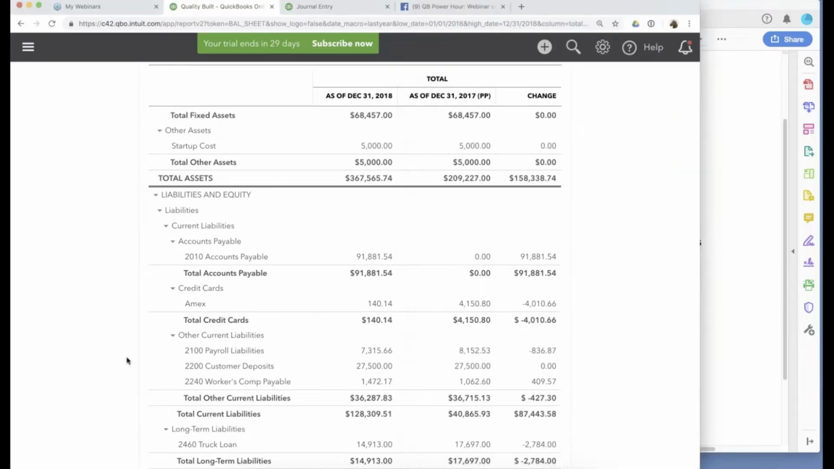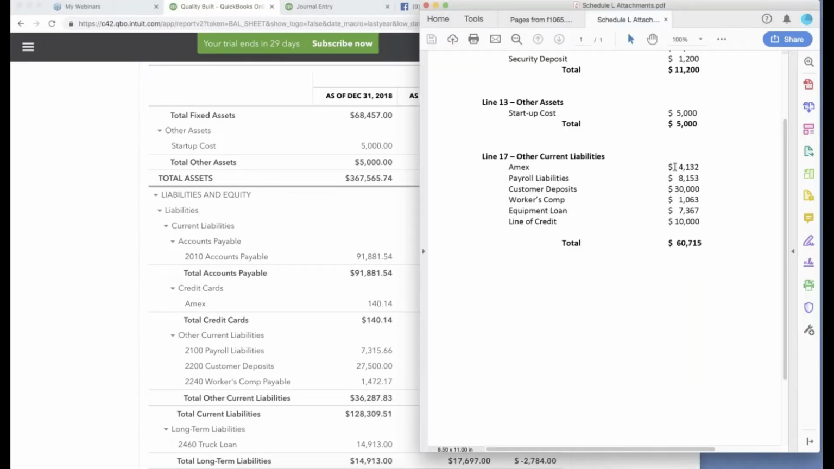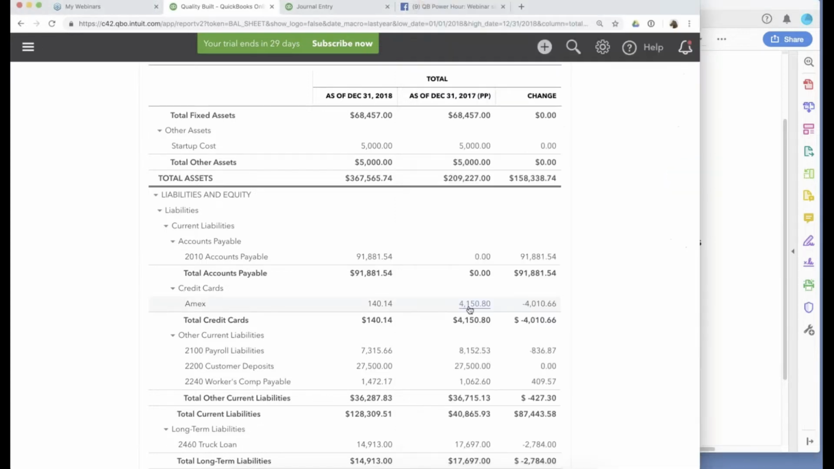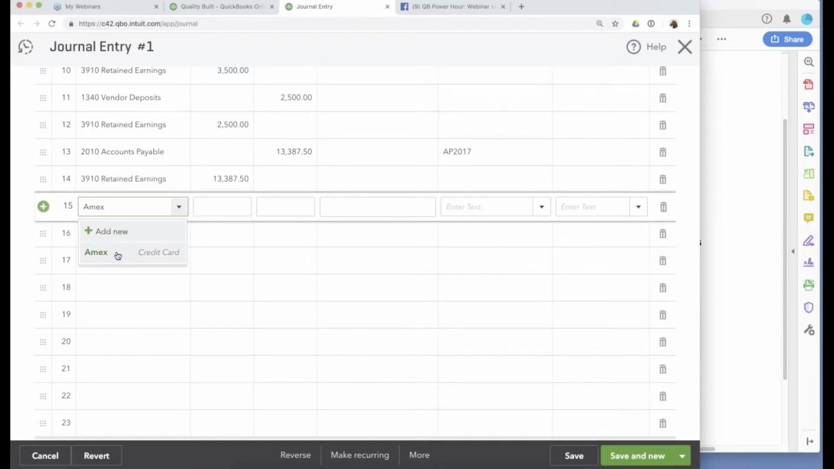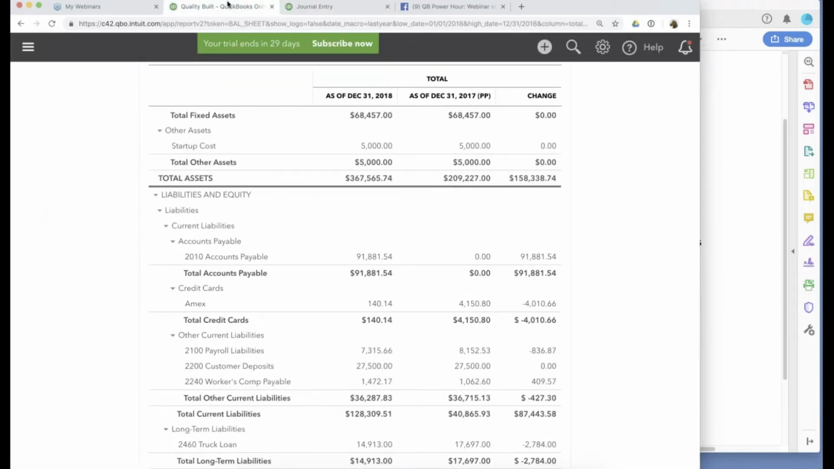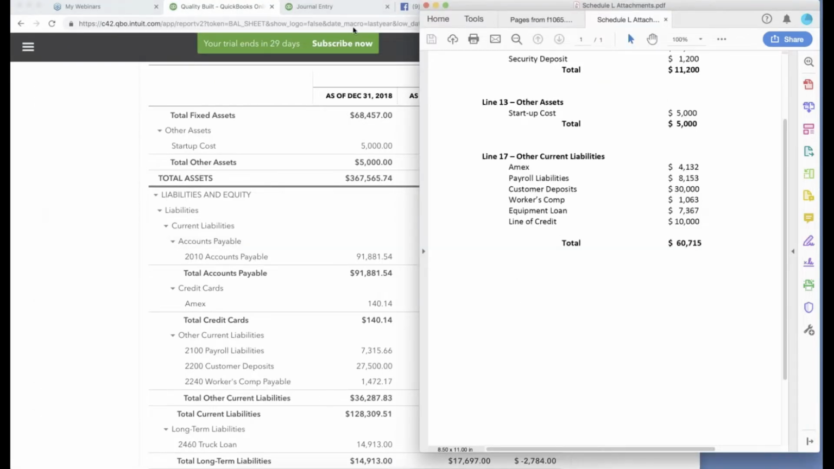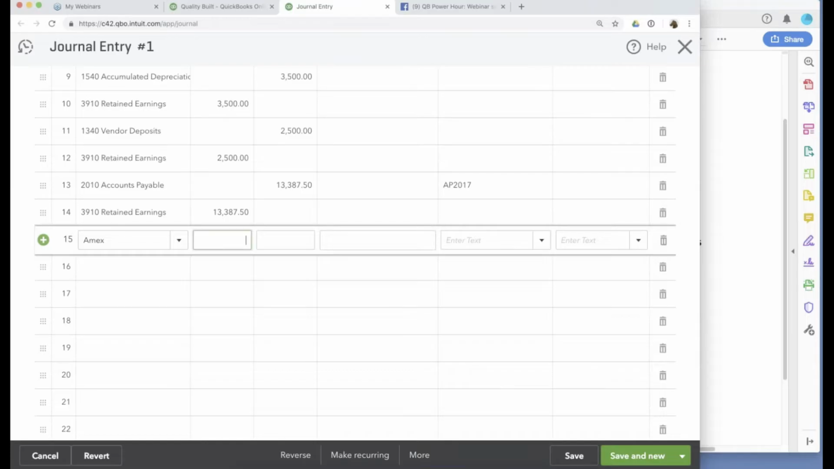Okay, so let's go through them. So the Amex, according to our statement, is 4132, and according to QuickBooks is 4150. So we just have to adjust that. So we're going to go to Amex, and that's 4150.41. So we're going to lower that. So lowering a liability, it's a debit. So we got 4150. What's the cents? 0.80. So 4150.80